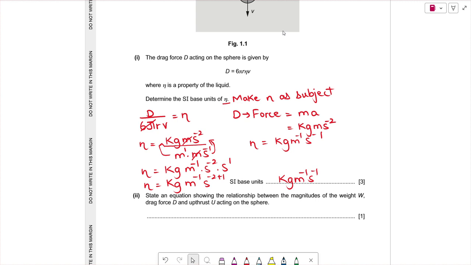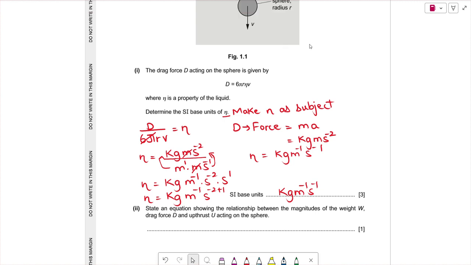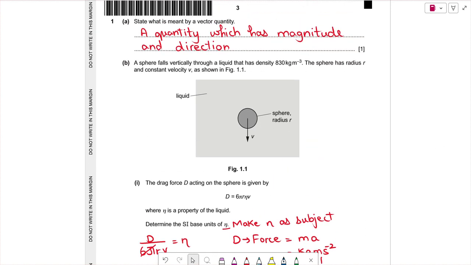In the second part, it says: state an equation showing the relationship between the magnitudes of the weight W, drag force D, and the upthrust U acting on the sapphire. If we look at this diagram, this is the sapphire. The weight is always acting vertically downwards. And the upthrust force is always acting in the upward direction. So if the sapphire is falling in the liquid, the velocity is in the downward direction, and the upthrust force will be acting in the